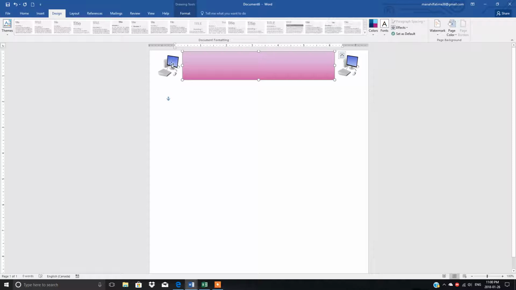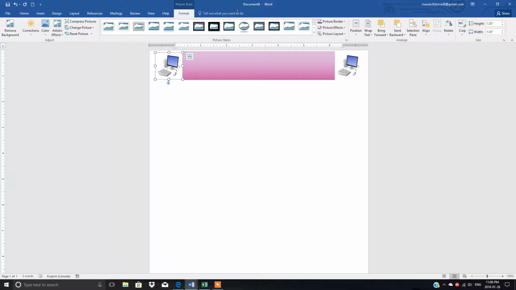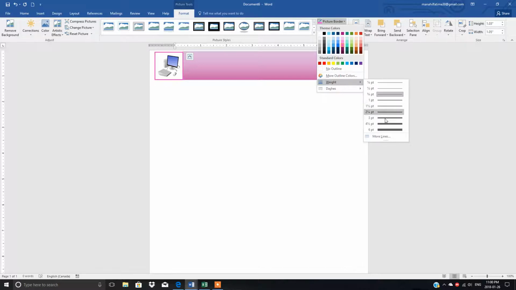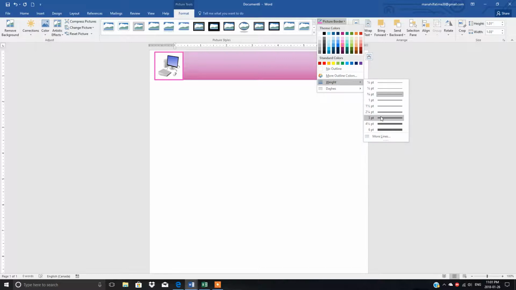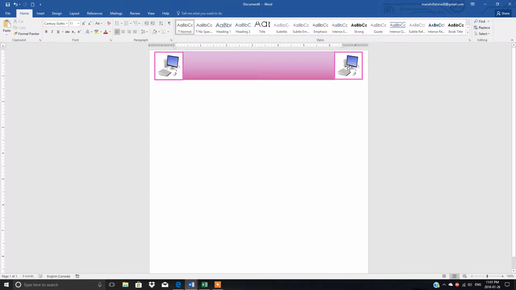Now suppose you want to give some border to this shape, so again click on this, click on Format. This is the Picture Border. Open this. Okay, this time we want, suppose, Dark Purple, Accent 2, 40%. Click here, and then the weight of this border should be, I say, 3. Same thing here as well, and the weight is 3. So now your letterhead is ready.